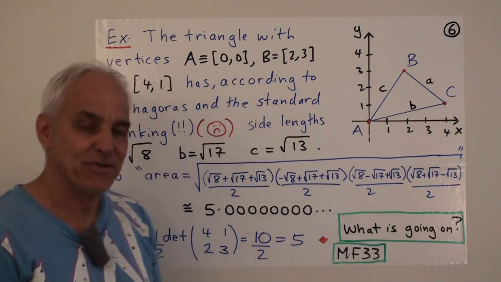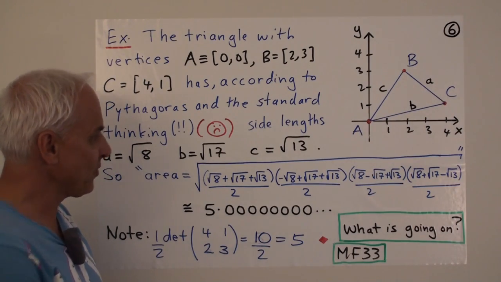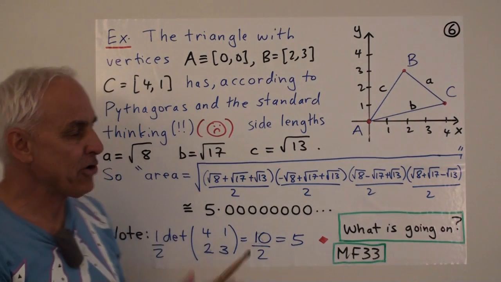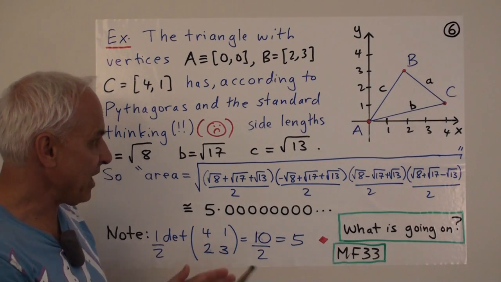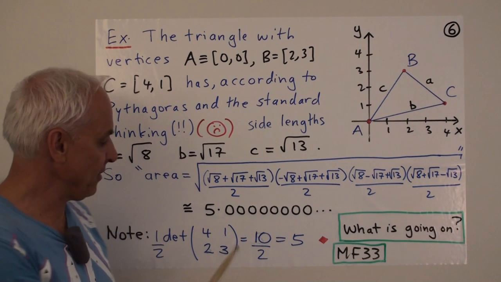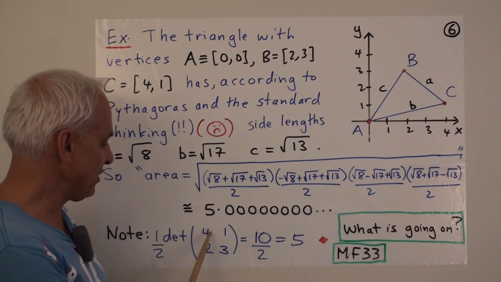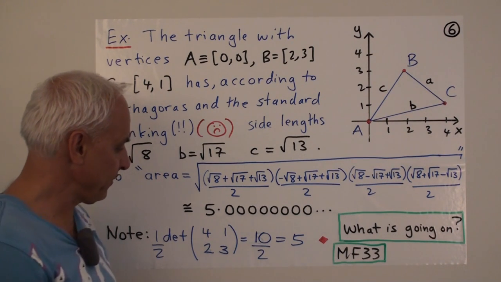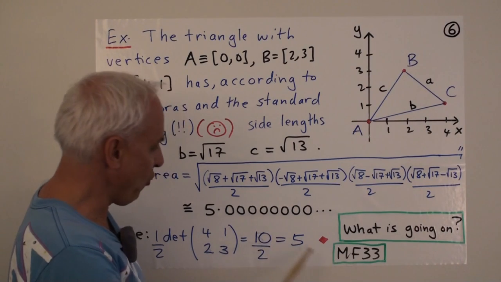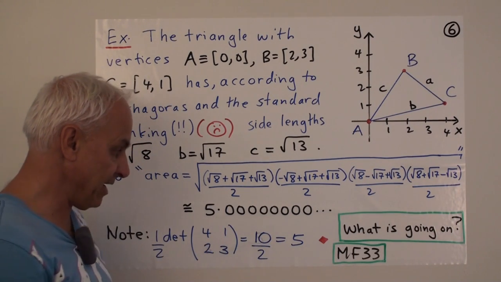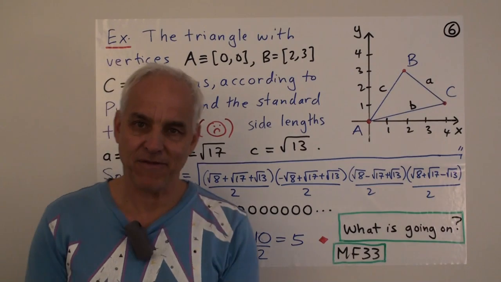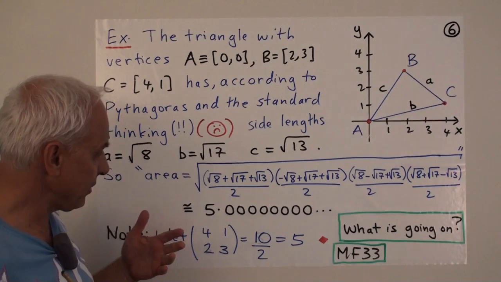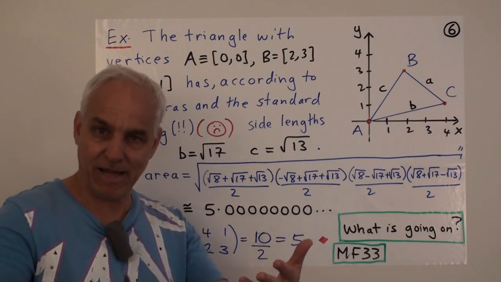From linear algebra, there's another way of thinking about this area. We have two vectors, vector 4, 1, and vector 2, 3. In linear algebra, we learned that to find the area of a triangle, we take a determinant. The determinant of this little 2 by 2 matrix, which is 4 times 3 minus 1 times 2. We divide it by 2, and we get 5. This formula, in not exactly this form, but in the equivalent form of AD minus BC, we established also in this Math Foundations 33 lecture, if you'd like to have a look at it. So there's something curious going on, something that needs explaining.